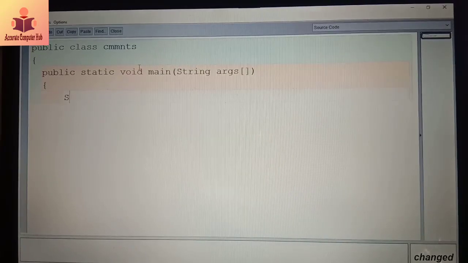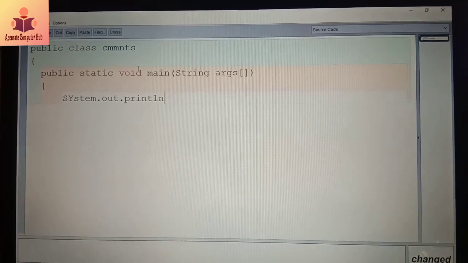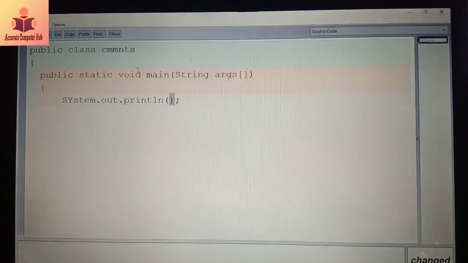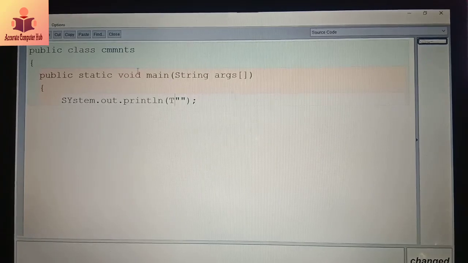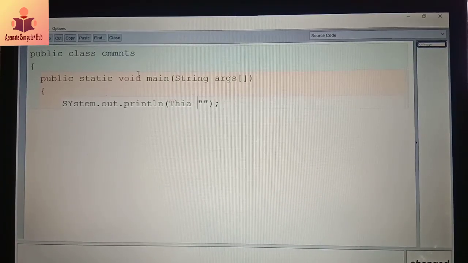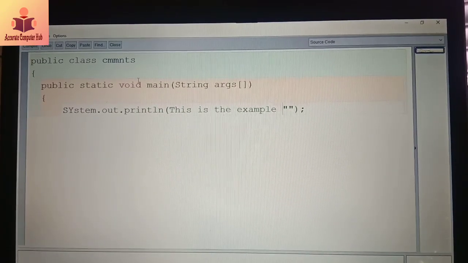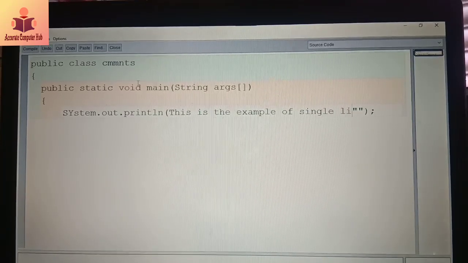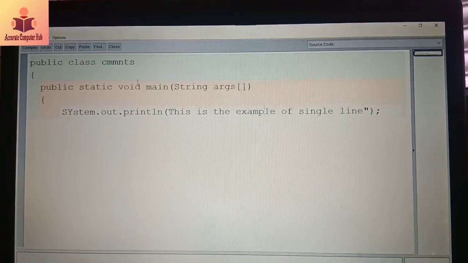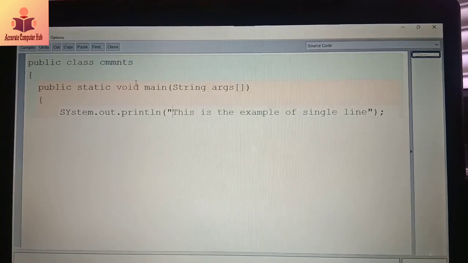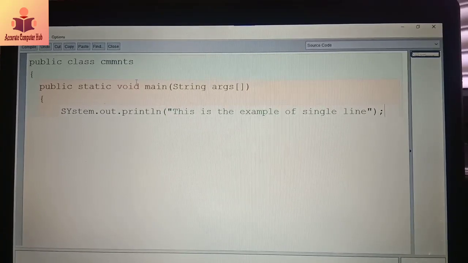Now we have to show a message with system.out.println. I am just giving the message in double quotes, that is, this is the example of single line comment. You have to write it in double quotes because any message in system.out.println has to be written in double quotes.